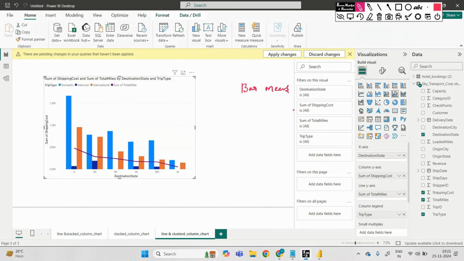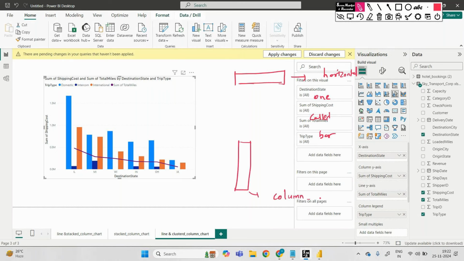Bar means only a single part. In the horizontal way it is called a bar. If you see here, the horizontal one is called a bar, and the vertical one is called a column chart. And here, if the divisions happen in this, if a legend is dropped into this particular column,